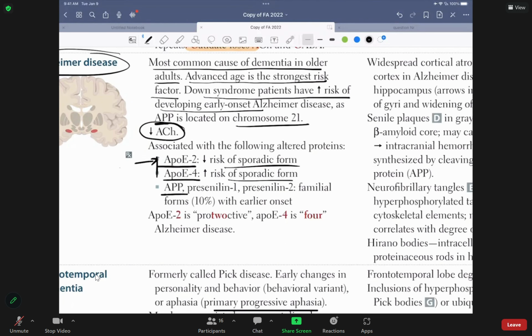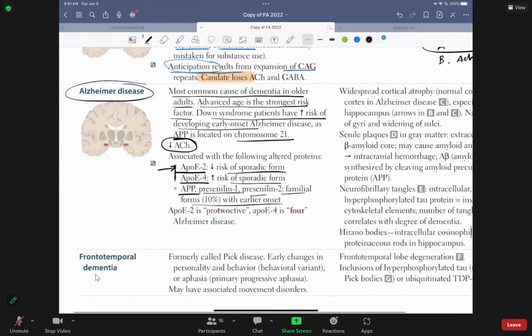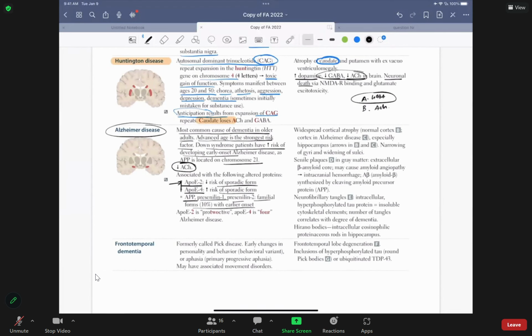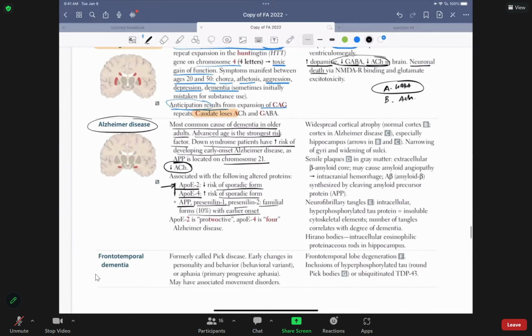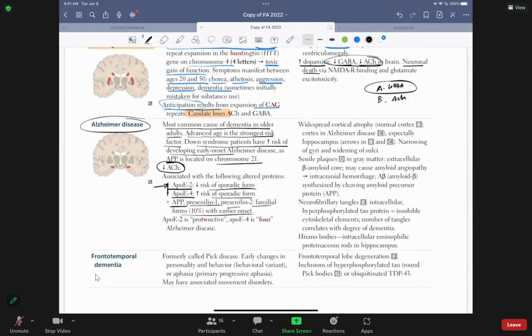There's another protein, APP, presenilin 1 and 2. All of those are familial forms with earlier onset. Whenever people have those, they get it earlier, folks. Okay, so that's about it. Apart from that, the chemical that would affect ApoE2: were you talking about capsaicin? Yeah, I'm talking about the capsaicin. That's what I was looking for. Okay, so capsaicin in the spicy food is what affects it. It increases the activity of ApoE2, folks.